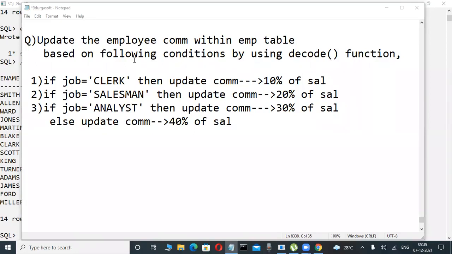What is the if condition, which column? Then slowly, if you read one or two times, you will understand. Slowly.